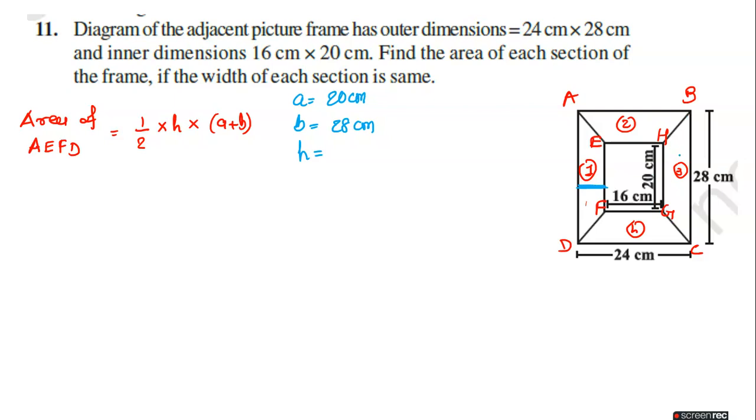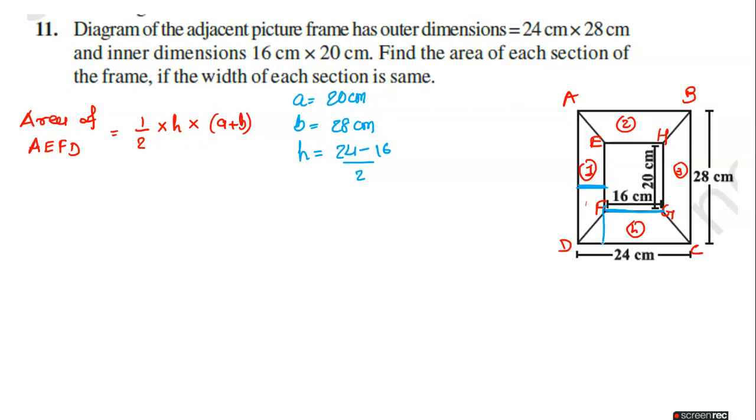24 minus 16. Your logic is correct, but the dimensions you have taken are wrong. See, this height I want, so out of 24 we have to remove this 16. See, this 16, the smaller part we have to remove. Okay, 24 minus 16. So height I will write here 24 minus 16, divide by 2. How does it come? Listen, because which answer we will get?